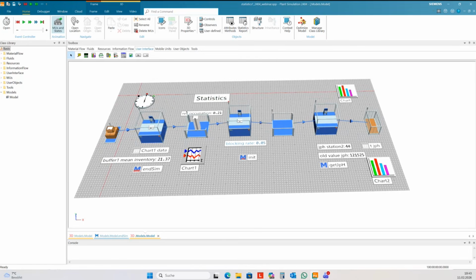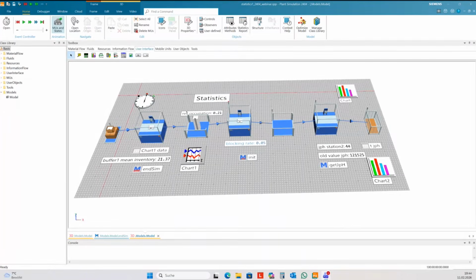Okay, do you have questions? First one is from Mehboob. How do we reset statistics for multiple simulation runs? You need to clean up your tables, because the tables are not cleaned automatically. It would be very hard if you have data that you need for each experiment. The basic statistics are reset by Plant Simulation automatically. And if you want to save some data between the simulation runs, then you need to write it into tables.